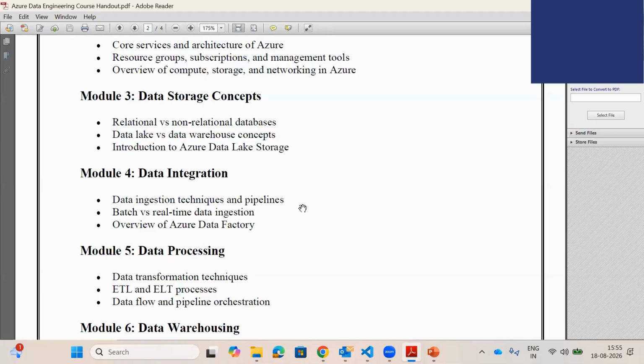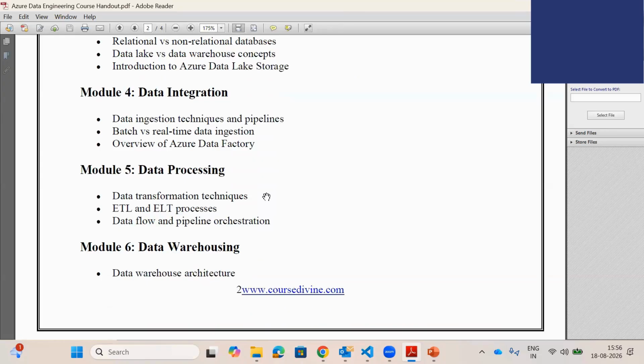So what is the pattern of learning? If you see, in every module, first I'm going to give you the introduction of the concept, and right away which tool is going to be used, the concepts, the tool introduction, and then utilization. When I say utilization, scenario-based questions are going to be resolved with the help of lab and the concept. Then data processing, where ETL and ELT processes, data flow, pipeline, orchestration are there. There is a little bit of theory we will cover in data processing.